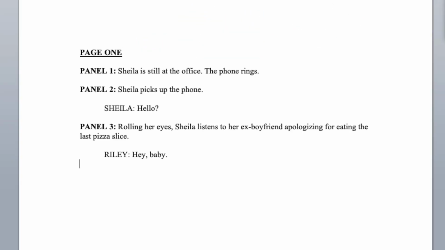Along with dialogue, you can add special effects for actions such as creaking doors, shattering glass, exploding objects, and even gasps. This helps readers know an action is important. Whether it's conveying dismay, delight, or cranking up the tension, readers will identify that sound as an integral part of your panel. I include effects by adding the tag SFX, putting a colon next to it, then adding the onomatopoeia, or the sound in written form, in all caps. I finish it off with an exclamation mark, but it's not mandatory.